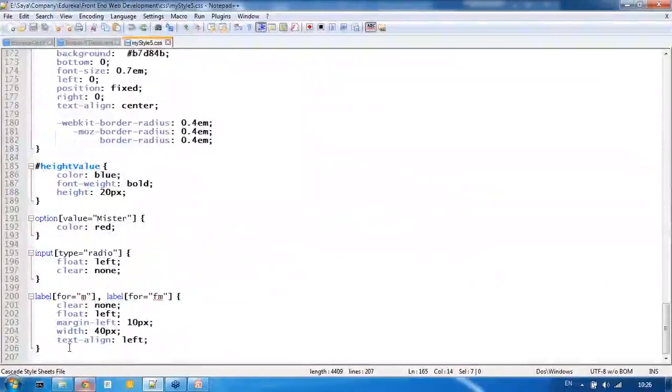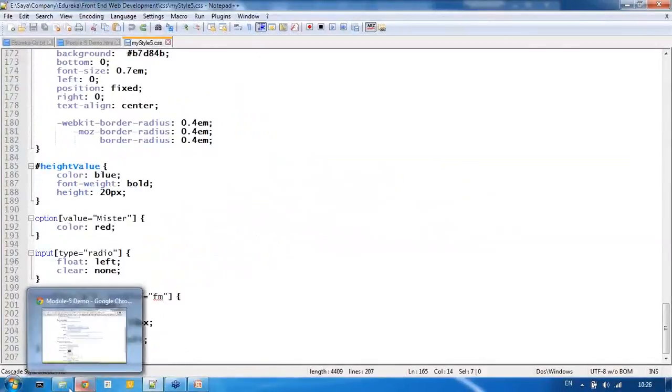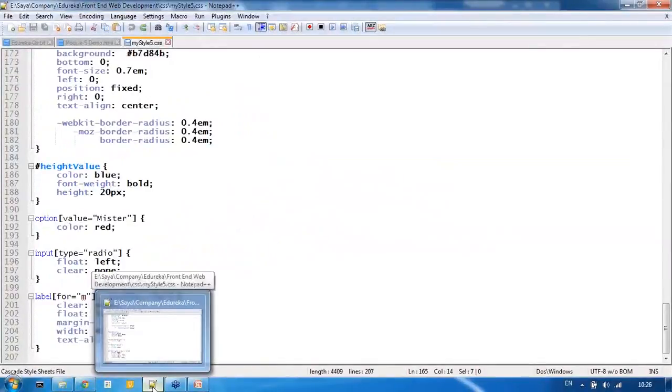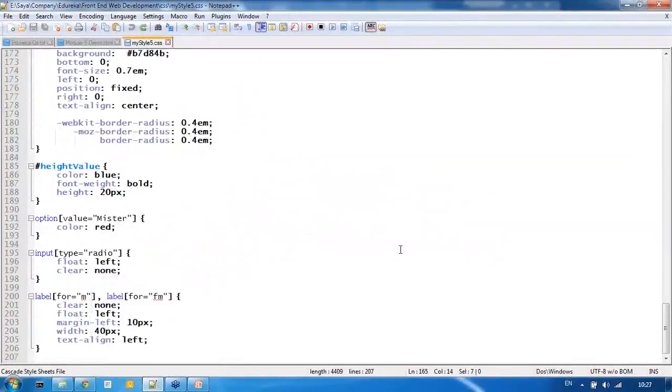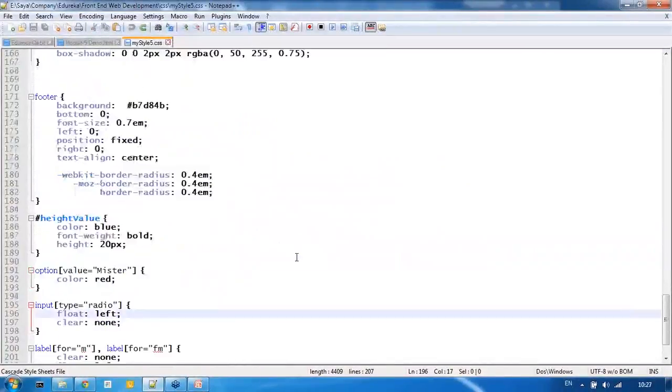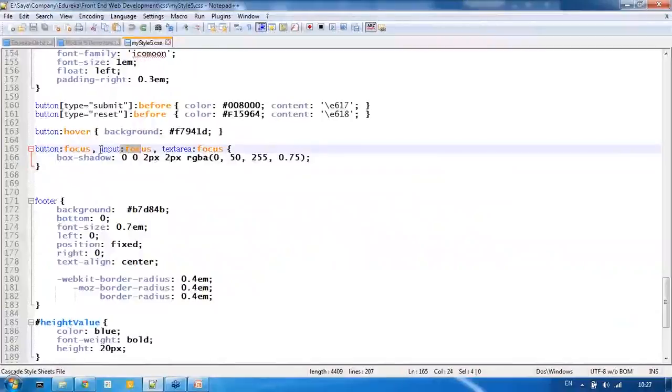Yes, for example, the input box I was telling about, whenever you use the label. Karthik asked a question: why is focus given 3 times? Yeah. See, focus is given 3 times because here I would like to specify that